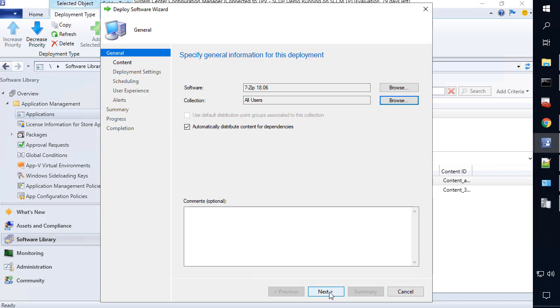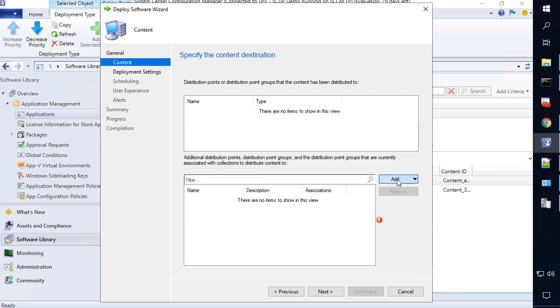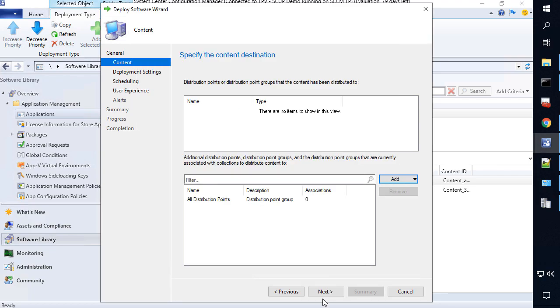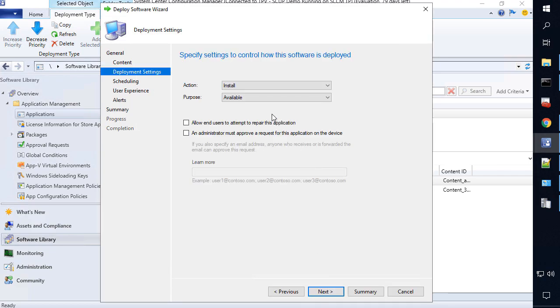In our case, we're just going to target this to all users, and I'm going to distribute it to my all distribution point group within SCCM here. I'm going to leave it as an available installation. So that means the user would actually have to force this within Software Center if they wanted this product. So it's going to be kind of a catalog, and I'm going to allow my users to browse out and